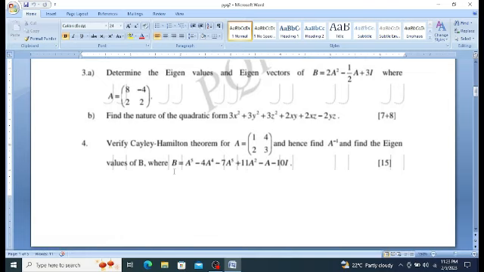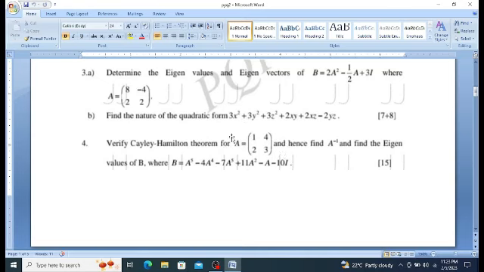find the eigenvalues of B, where B is given as A power 5 minus 4A power 4 minus 7A power 3 plus 11A square minus A minus 10I. So you just need to verify the Cayley-Hamilton theorem. After getting the characteristic equation, you need to substitute A in place of lambda. Then from that